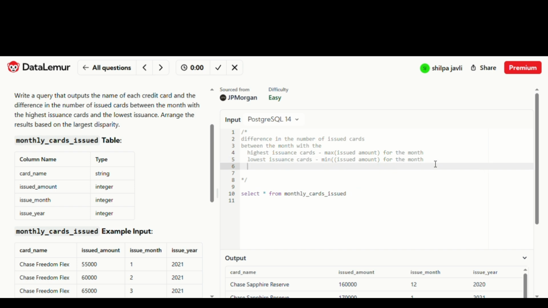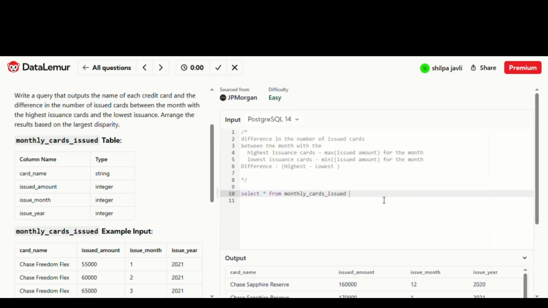And then what is the difference of this? The difference will be the highest minus the lowest. So how I'll approach this problem is,